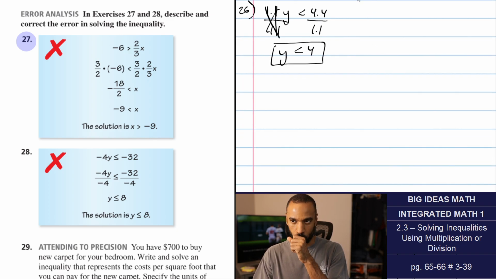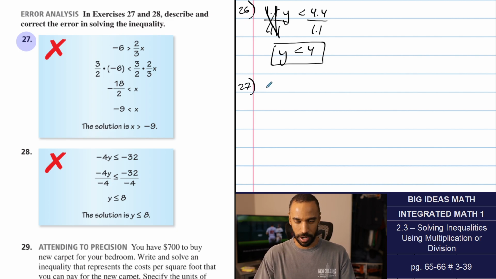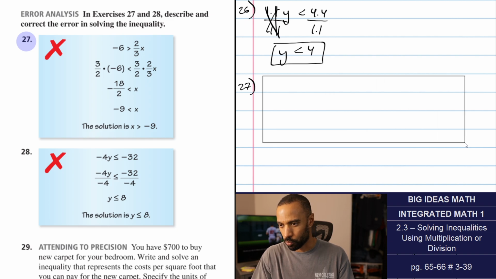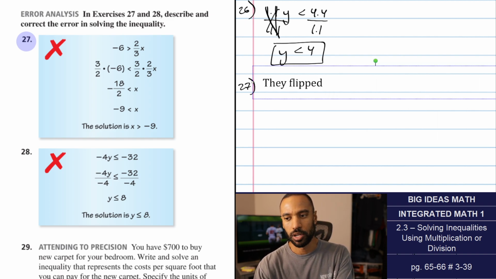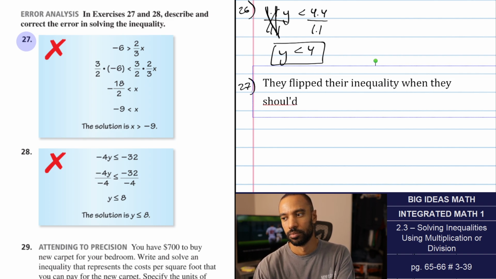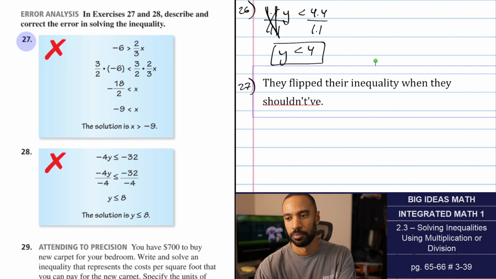Now, I can imagine why they might have done it. Some might do it just as an automatic thing, just because they learned it. And they're like, oh, you got to flip it, because that's what I learned. No, there's a reason behind it, and it's only when multiplying or dividing by negatives. They flipped their inequality when they shouldn't. They shouldn't have. I can imagine